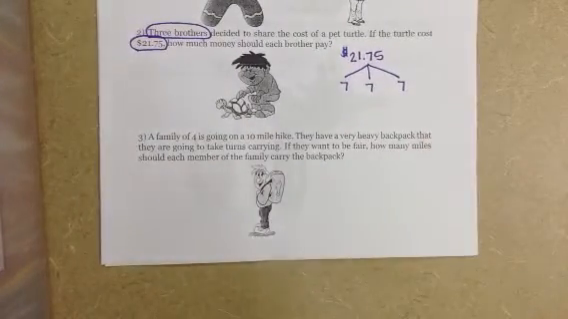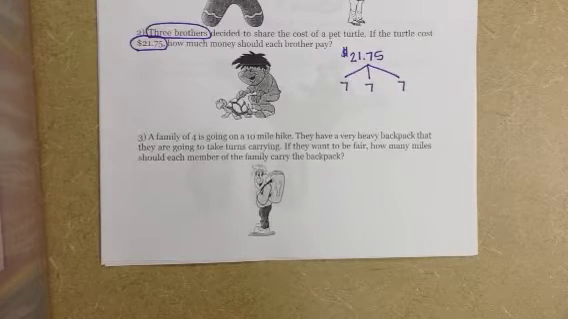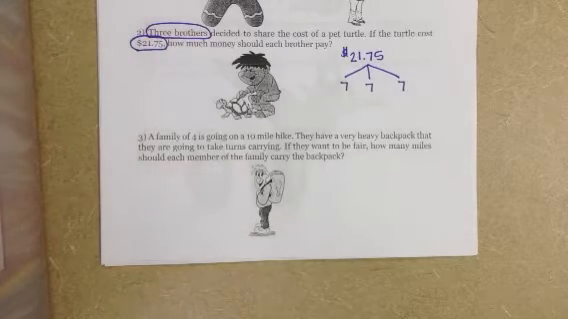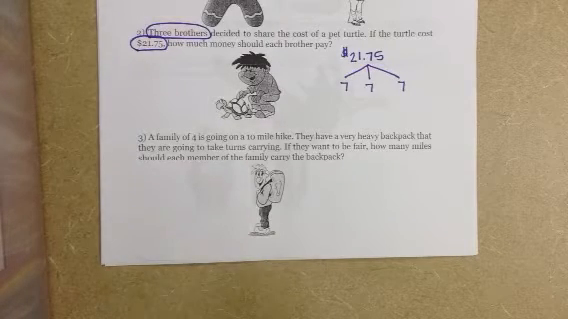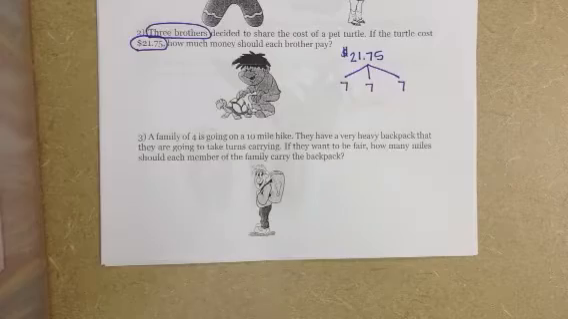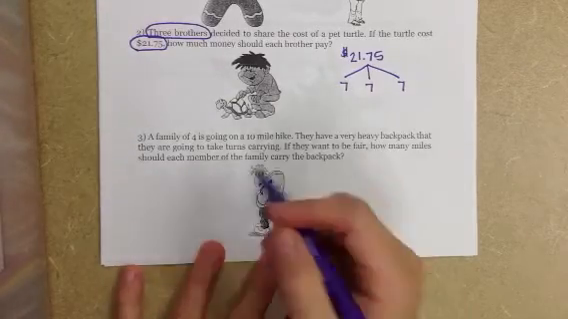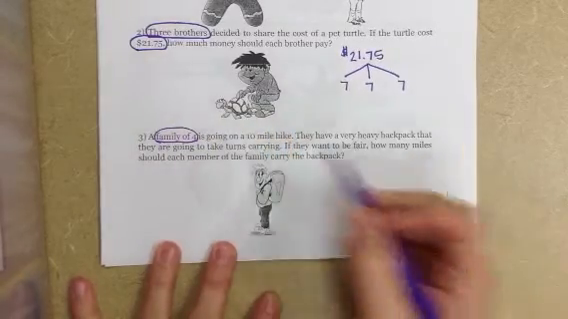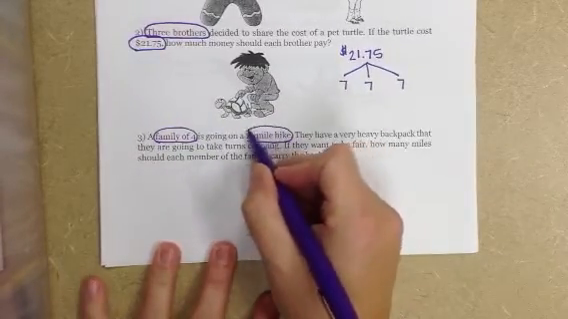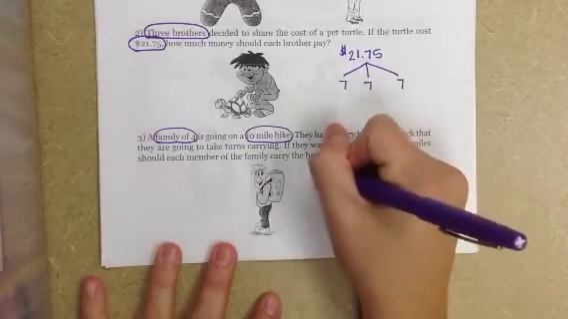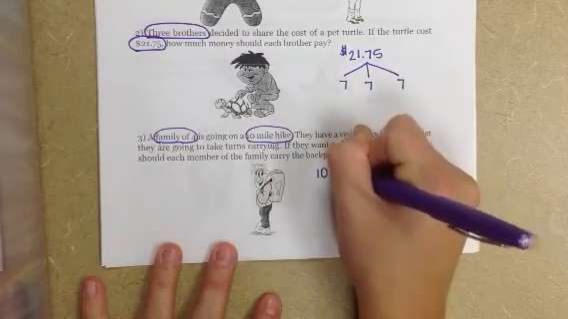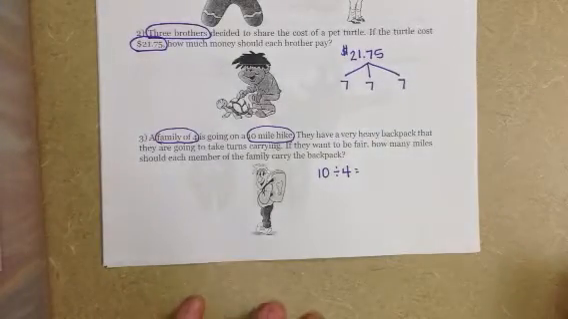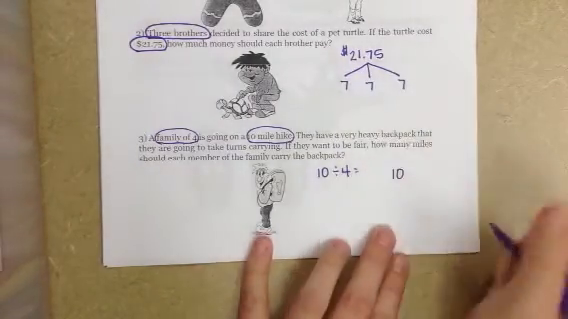A family of 4 is going on a 10-mile hike. They have a very heavy backpack that they are going to take turns carrying. If they want to be fair, how many miles should each member of the family carry the backpack? Well, I see that there are 4 people in the family and they are hiking 10 miles. So I have to take the 10 miles and divide it between the 4 people. So 10 miles